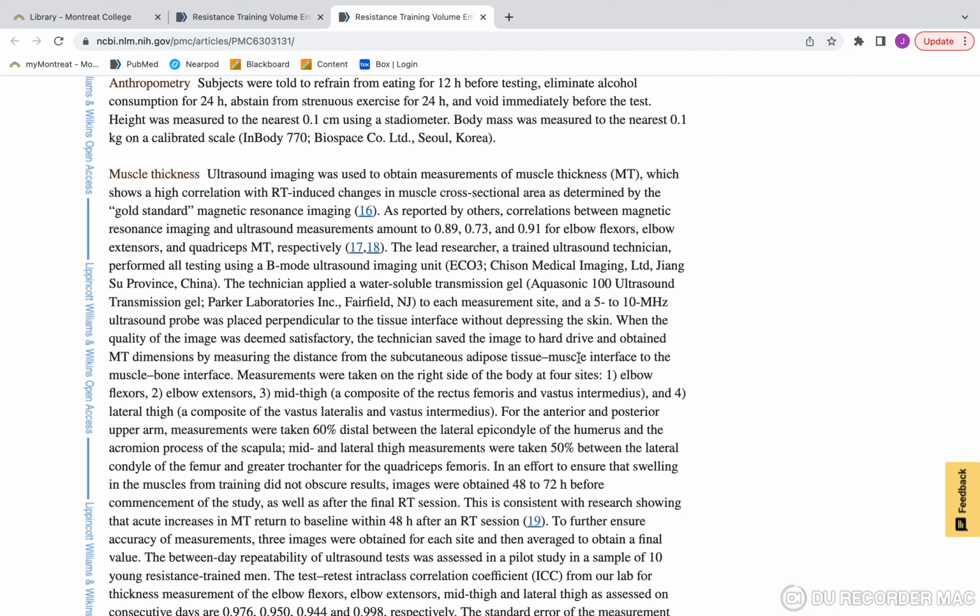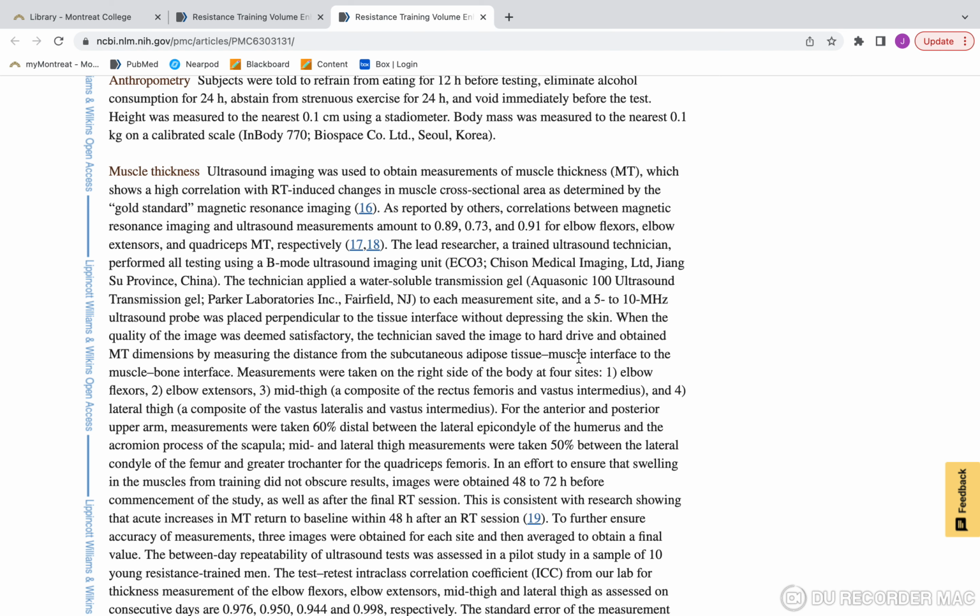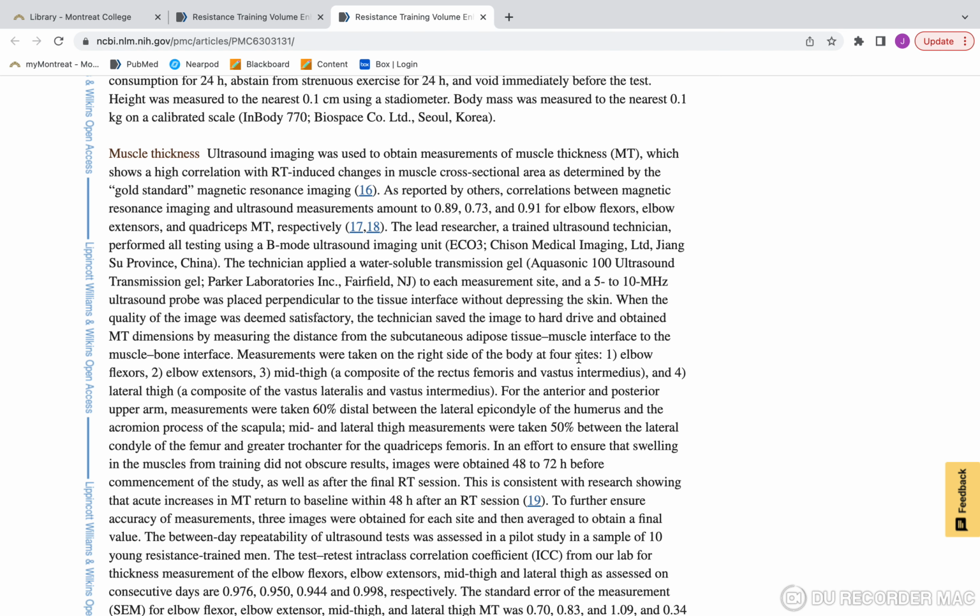Or if you have multiple techniques, like maybe they put a tape measure around the muscle. Or in this case, it looks, just from a quick glance, it looks like they're doing ultrasound. So just like they do an ultrasound looking for a baby, you can do an ultrasound looking at veins or arteries or muscles.